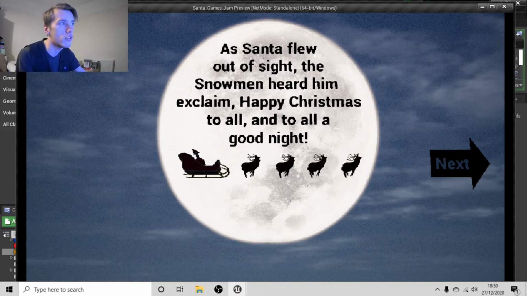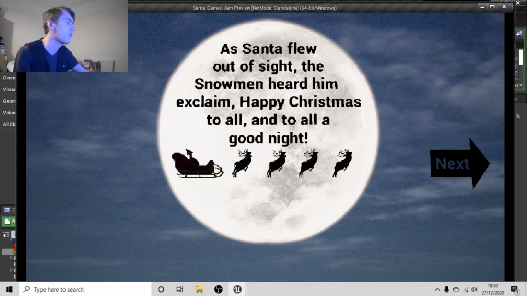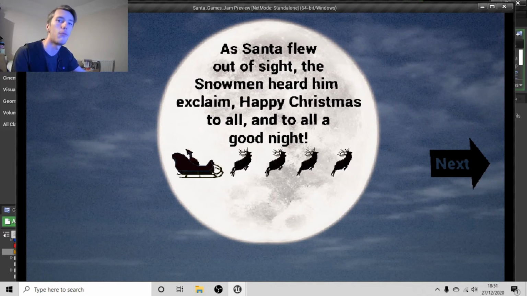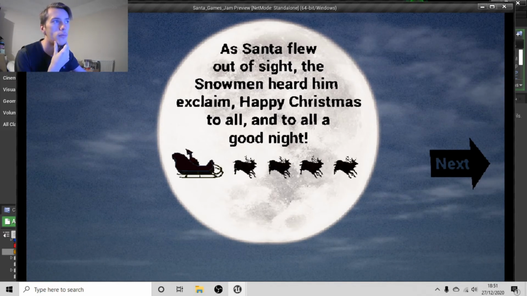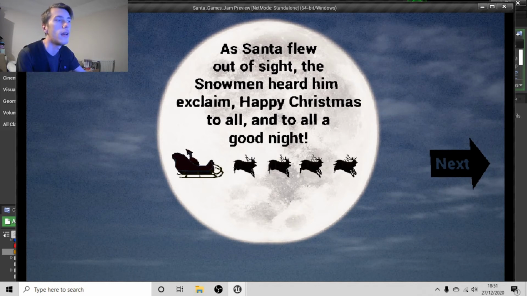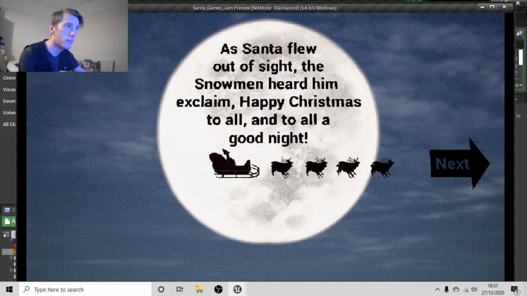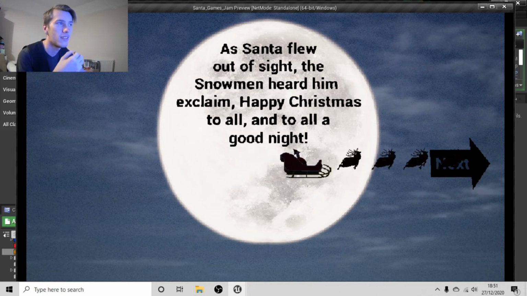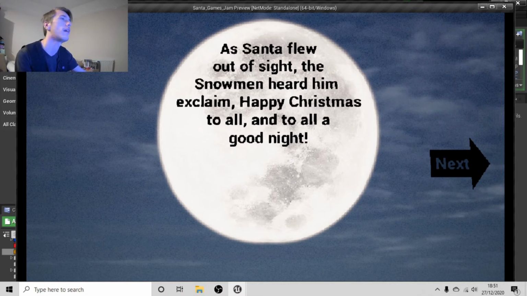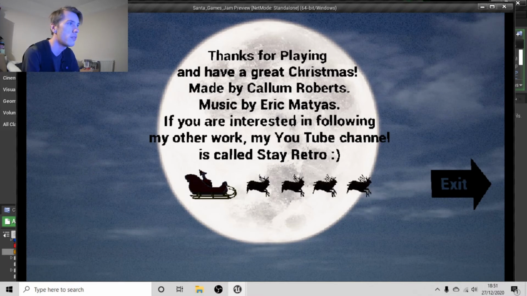Since I was running out of time, and at this point it was like 4 or 5 o'clock, and the jam ended at 4 p.m., I decided to stick with the same aesthetic as the main menu. Then I did a bit of an ending where Santa escaped the snowmen, and upon going on to the next one, it says, hey, thanks for playing, here's my channel,